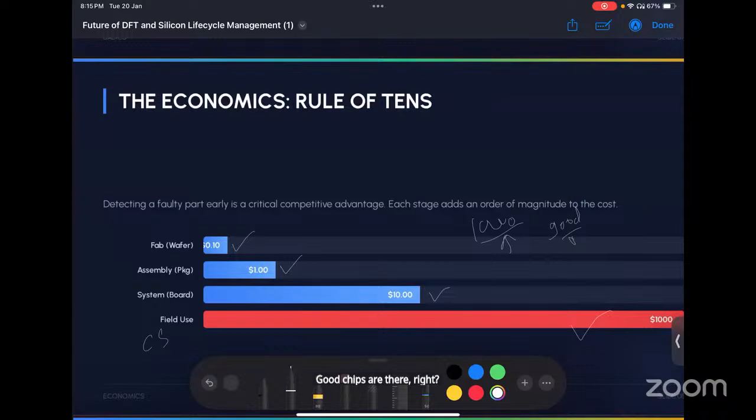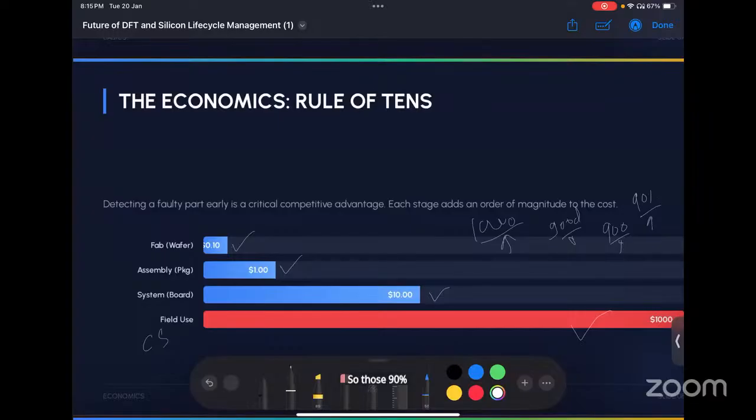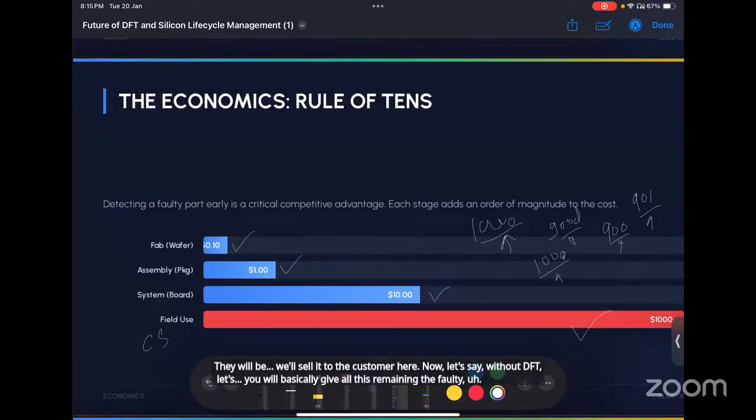So that means let's say we have 900 chips, let's say 900 chips are good, so I have achieved 90% yield. Those 900 chips will go through the package and then board level, and they will basically sell it to the customer. Now let's say without DFT, you will give all the remaining faulty die also to the customer